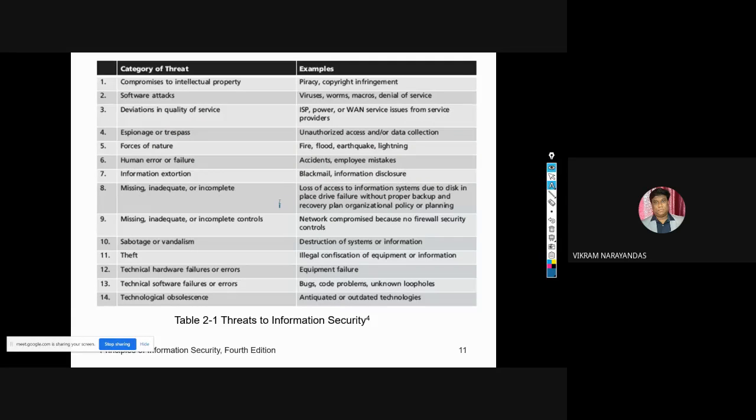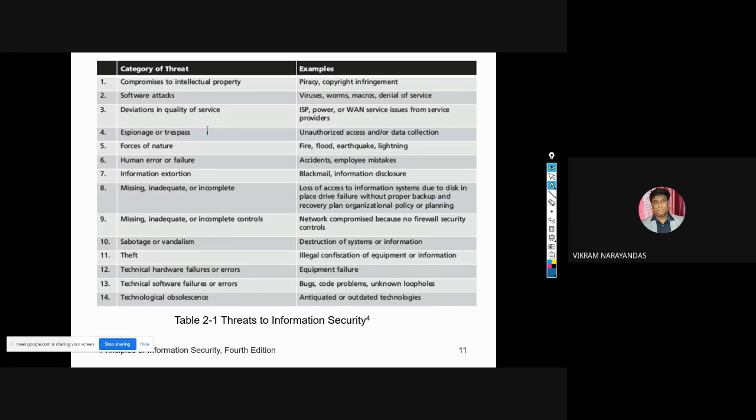Now we'll go with the espionage and trespass. So if you go to any DRDL company, or any government offices, some places, you can see some boards here. Trespass. Trespassers are not allowed into the organization without permission. You can see the boards, I think. Go to DRDL, go to any RCI places, you can see the trespass boards.